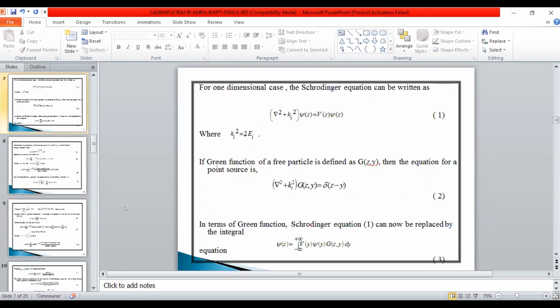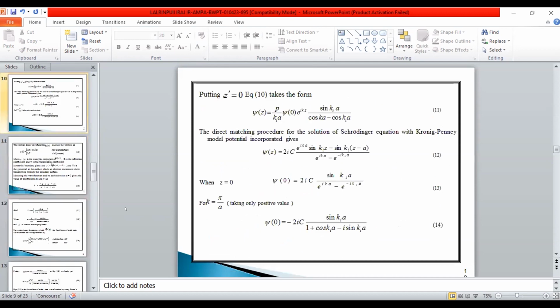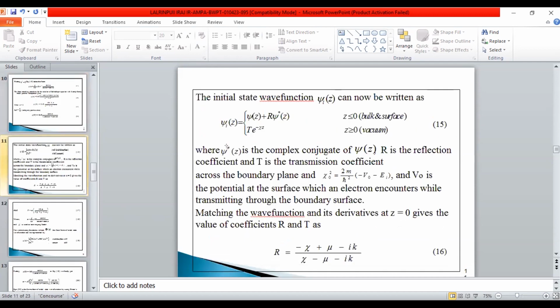This is the equation which we are using to find the initial and final states of the incident wave. I'll just skip this slide. These are the initial state functions. The initial state function can be written in this form,